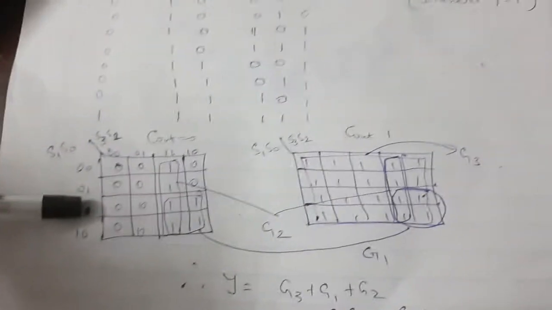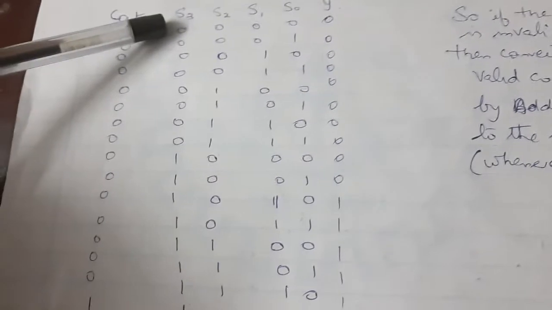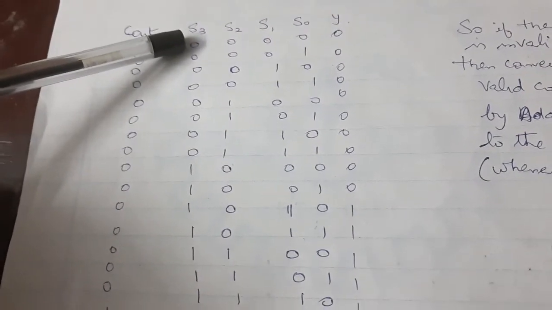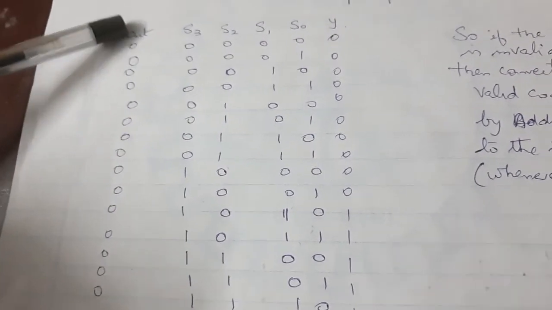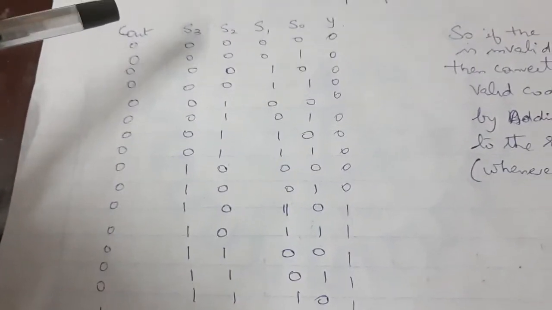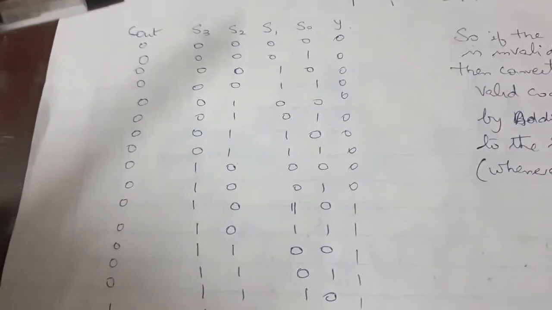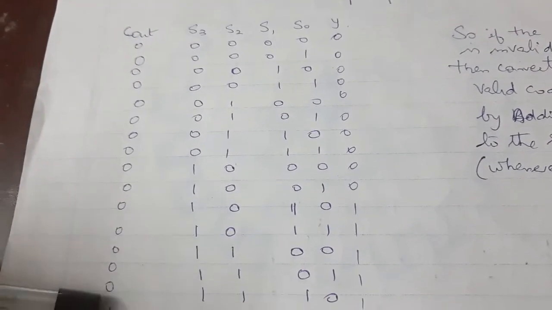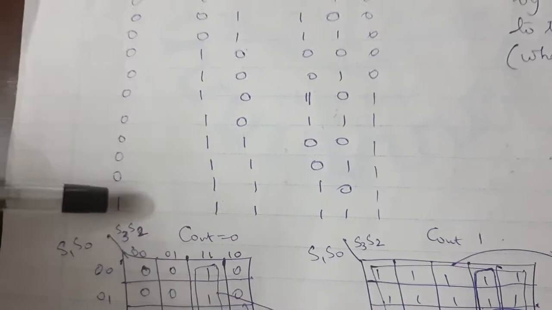So draw the truth table, and after the truth table you need to go for K mapping. K mapping you're going to do for S0, S1, S2, S3. It's a 4 variable along with C0, therefore it is a 5 variable K map. You know the 5 variable K map, it has already been done. Go and watch the 5 variable K map video to understand how to do it. So I'm going to use a 5 variable K map: S0, S1, S2, S3 is 4 variables, along with that C0 for the 0 condition and C0 for the 1 condition.